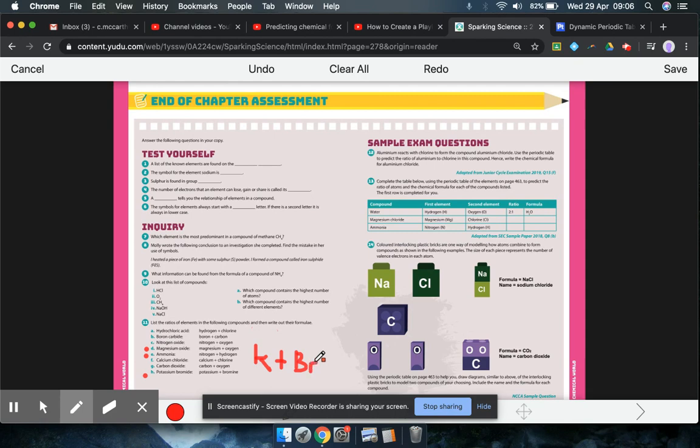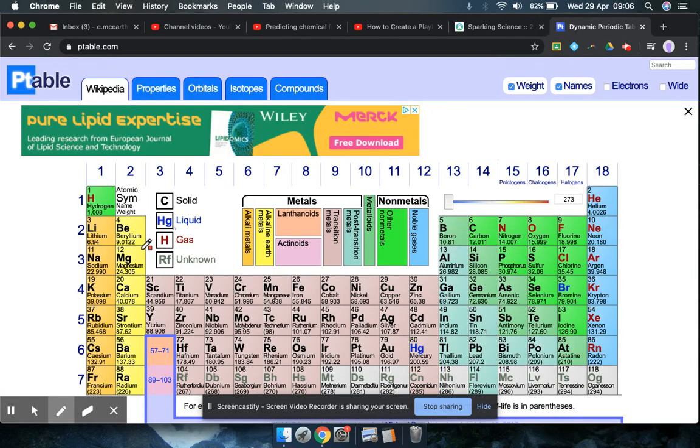Okay, so what we would do then is we'd look here at the periodic table and figure out what their valencies are. So potassium, where is potassium on this periodic table? We can see potassium is here. It is in group 1, so therefore it has a valency of 1. And bromine, rather, is in group 7. So actually this is a really straightforward